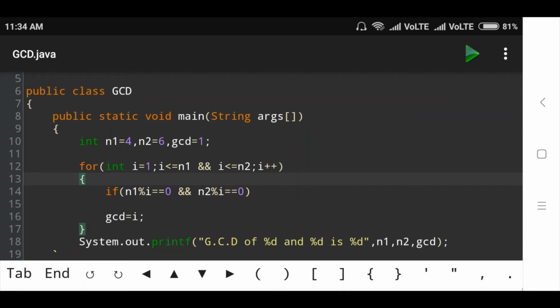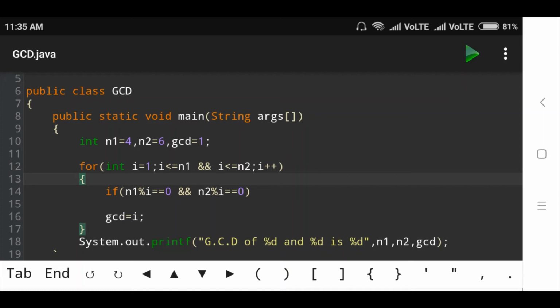So condition is true. In truth tables, for logical AND operator, both conditions have to be true, result is true, otherwise it is false. Then go to next condition, GCD is equal to i. i value 1 is stored in GCD.